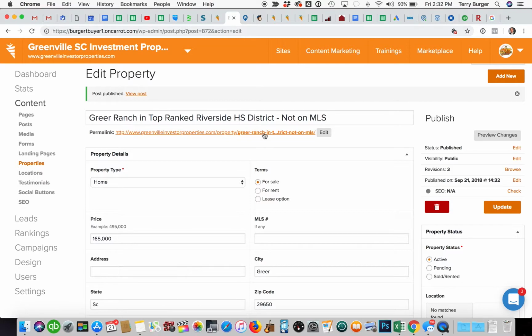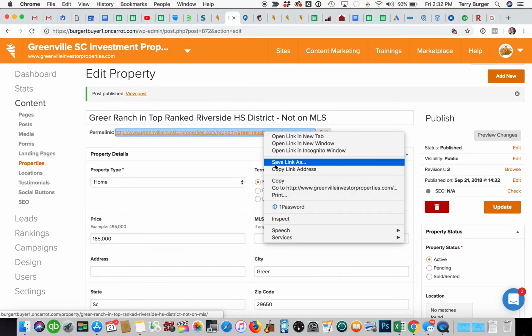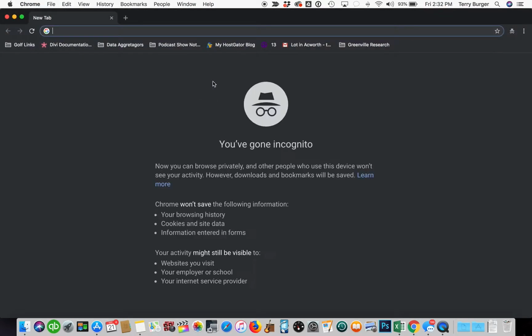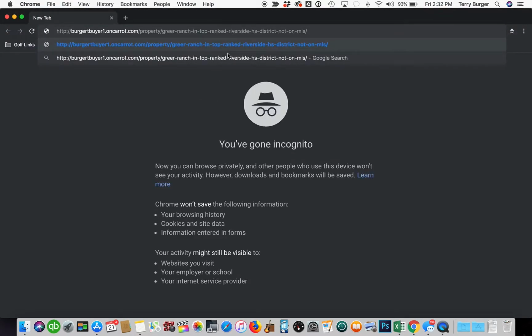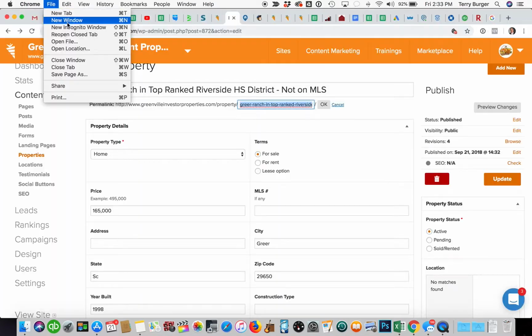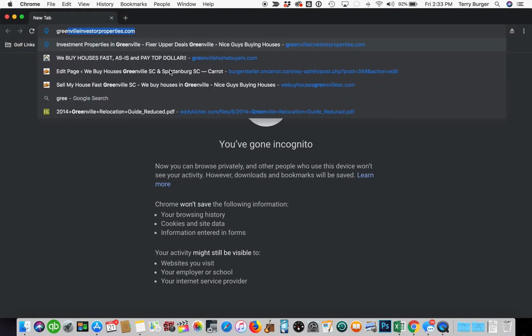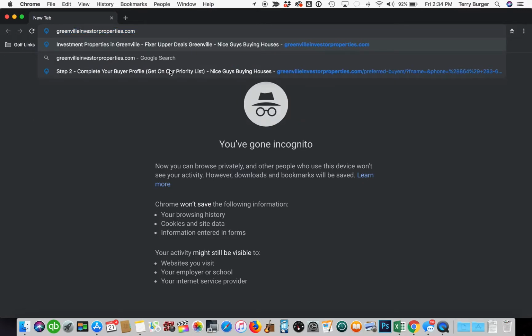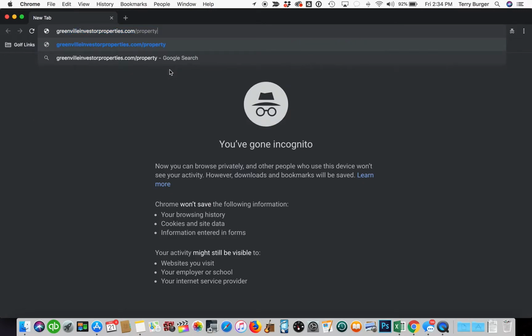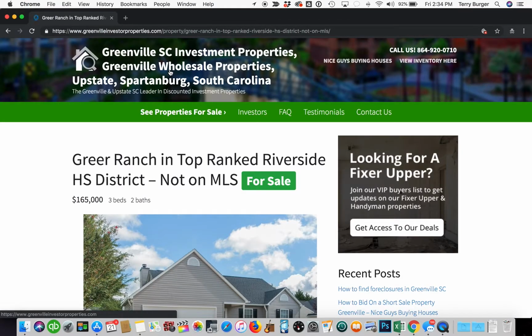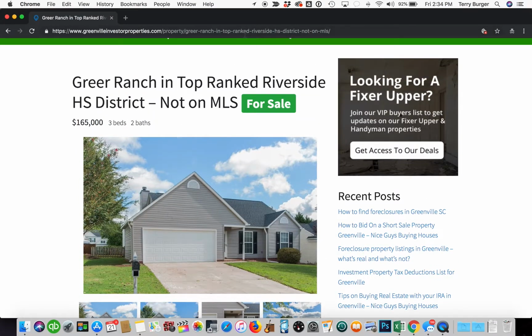And there's the link now. So we're going to grab this link. I'm going to copy this link address. And then I suggest you go to an incognito tab and test it. Incognito menu. And we're going to put Greenville Investor Properties /property / paste our stuff in there. See if it pops up. There it is. And there's the link we're looking for. Now, we take that link, we copy it,